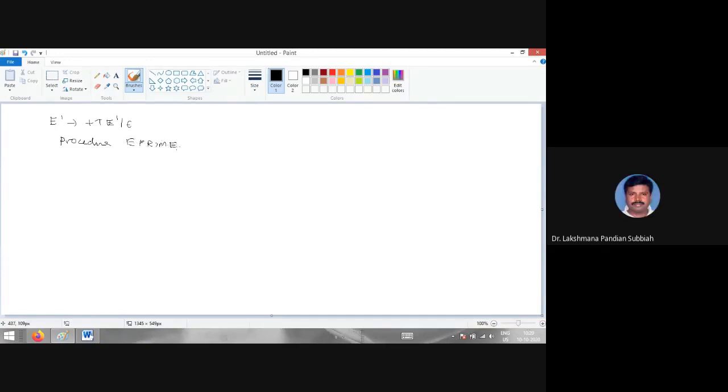Procedure for E prime. Now what do we have to check? If the input symbol is plus, so you start with begin, if input symbol equal to plus, then you have to advance.